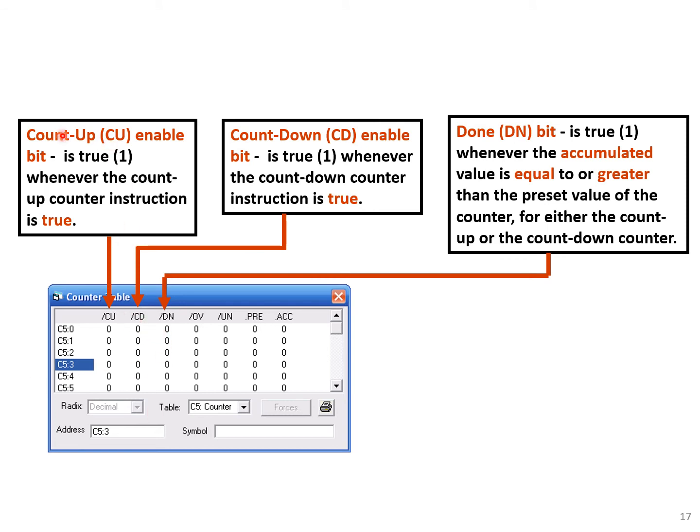Here we have a count up enable bit, which is true whenever the count up counter instruction is true. So whenever we push the count push button, this one becomes true. Count down enable bit is true whenever the count down counter instruction is true. And the done bit is true whenever the accumulated value is equal to or greater than the preset value of the counter,